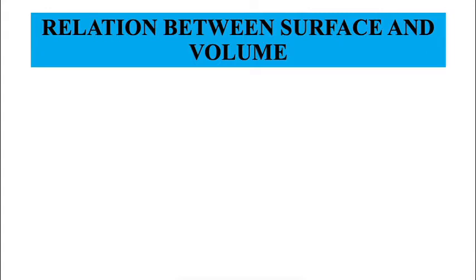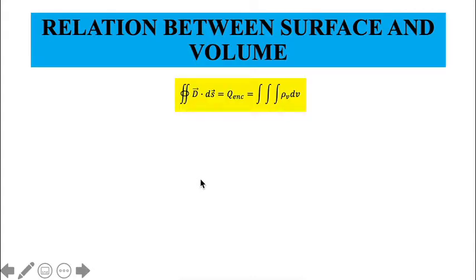So to recap, if you have already forgotten what Gauss's law is, Gauss's law states that the closed surface integral of the quantity D, so D dot dS, where D is the electric flux density, measured in coulombs per meter square, if you integrate over a closed surface, should be equal to the total charge that is enclosed.